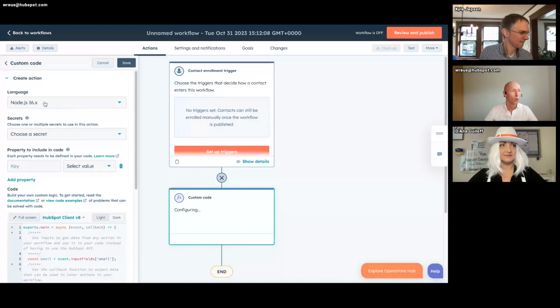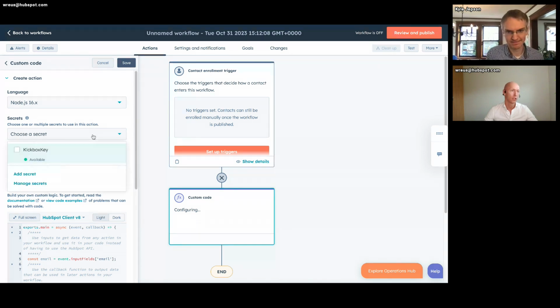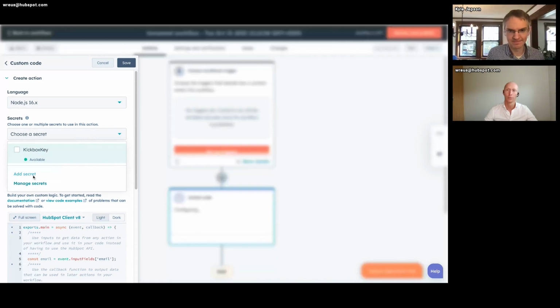Now, what I do start with is Node.js. Some people prefer Python. I prefer Node.js, and that is broader supported. So that is, for me, also the reason. I need to include a secret because something like the API key is what we really want as a secret, where it's not visible to whoever looks at the code. So in this case, I'm gonna add a secret,